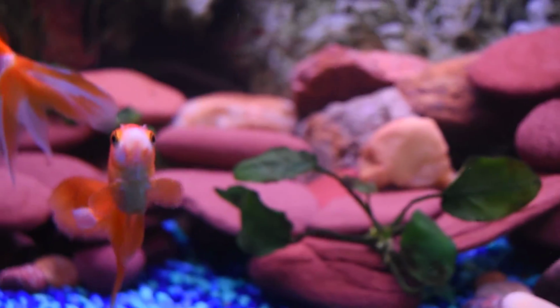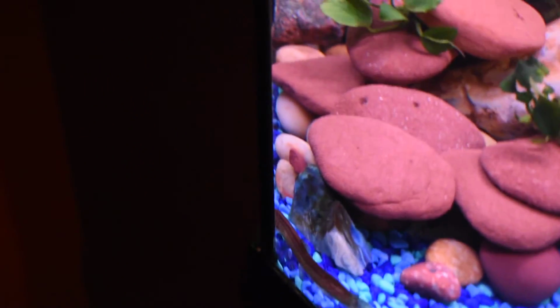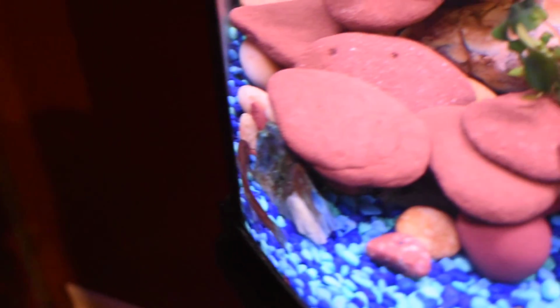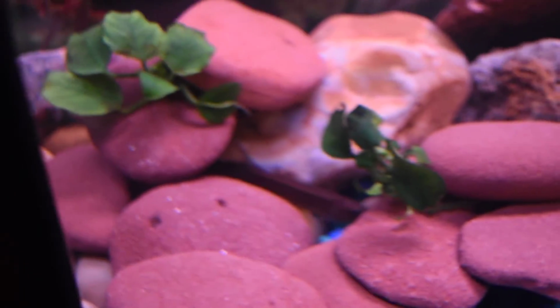And I really like my aquascape because there are a lot of small crevices and a lot of places for him to hide, and he can go in places I didn't think any fish could go. Like my curry catfish don't go to all the places that he can, because with his strange body shape he's able to go in tight crevices like this. Look at him. He's just swimming through like it was super easy, and he likes to stick out like that and just hang out in there, and in probably a couple of seconds, or maybe at most a couple of minutes, he will just swim over,